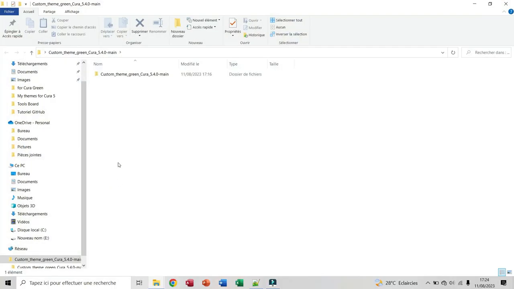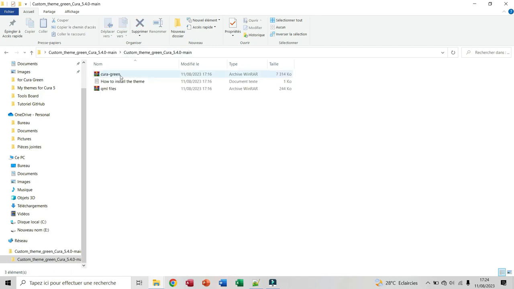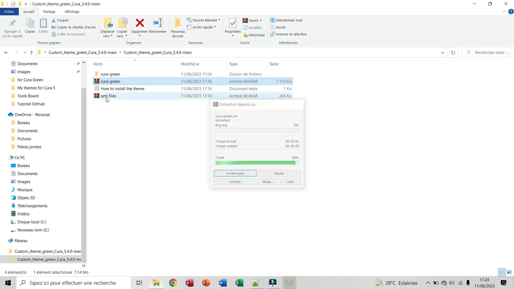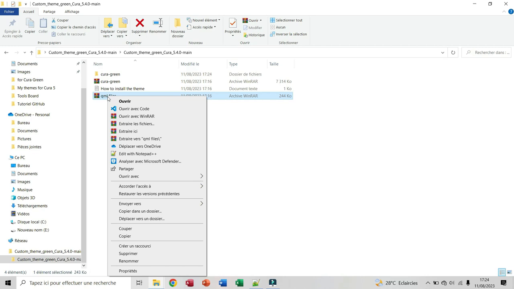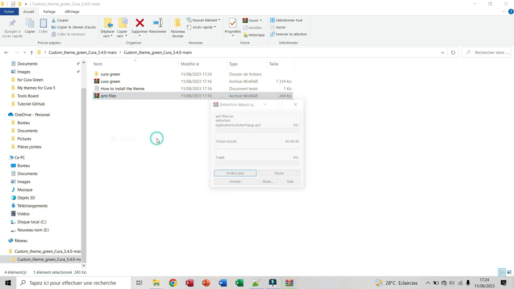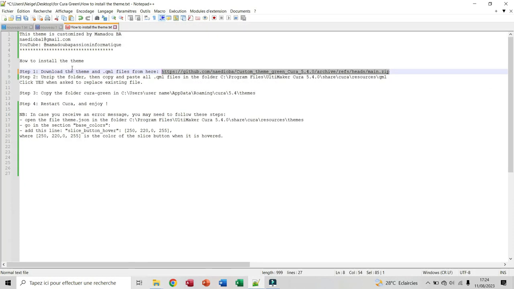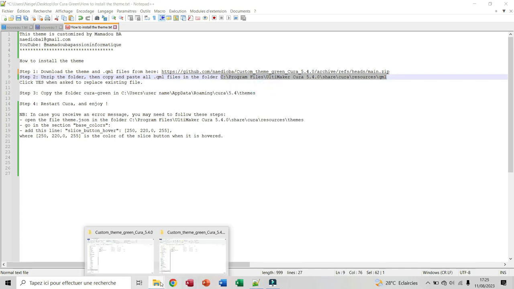Here it is. I go in the folder here, and here are my different files. I unzip both files here, cura-green and QML files. I unzip both folders here. Now the next step is to copy the QML files in the folder Program Files, UltiMaker Cura, share, Cura, resources and QML. Now I copy the path